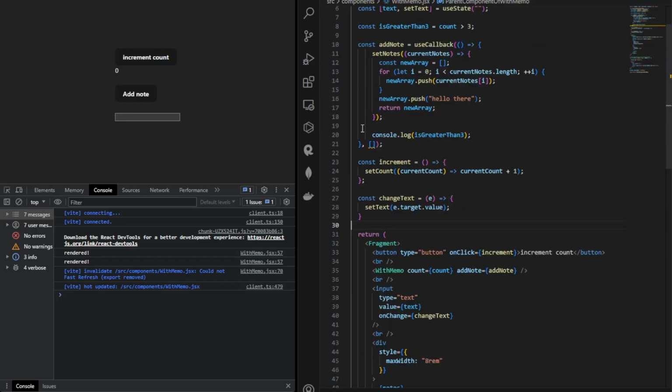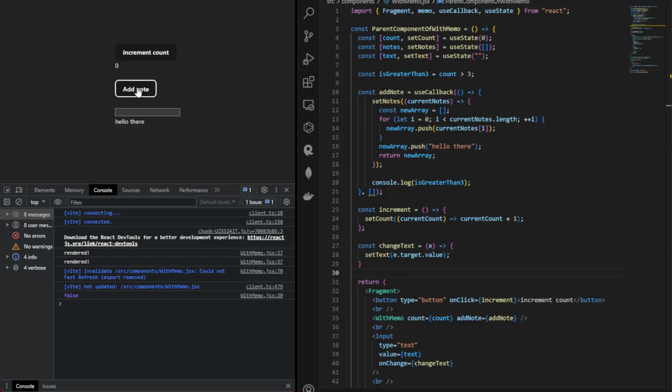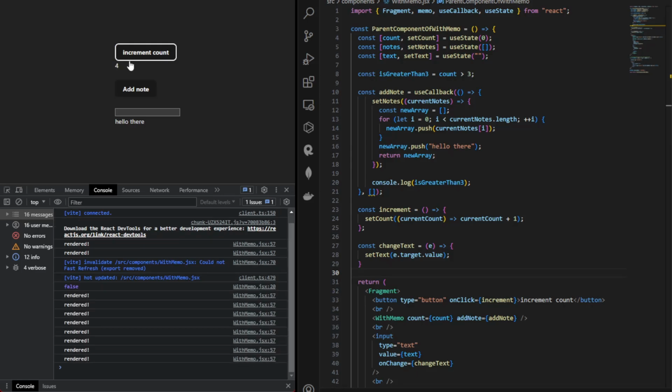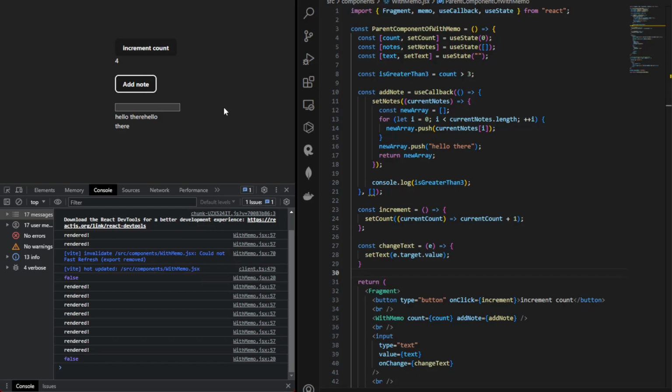But if I click, let's say, add node, well, of course, we're going to say false right here because, well, the count currently is 0. But if I increment it by 4, it will still say false. Like, what? It's already greater than 4. But if I click this add node, it's still saying false. Huh,